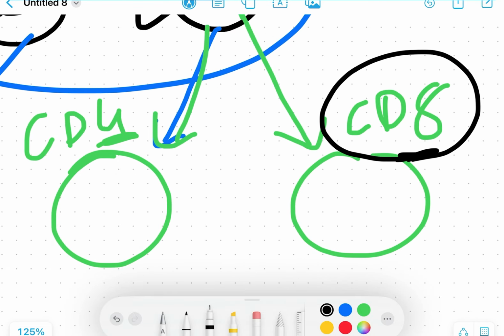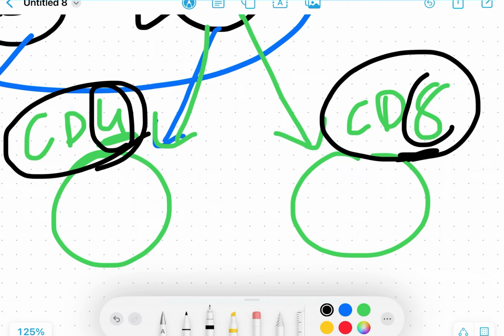Cluster differentiation 8 and cluster differentiation 4. This is the number of a protein. Remember that. This is CD4 and this is CD8. Okay. That's clear. Now,